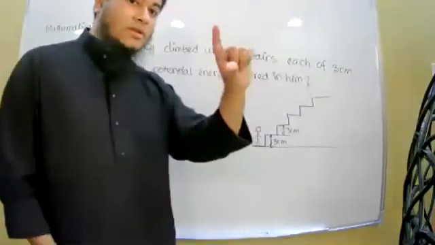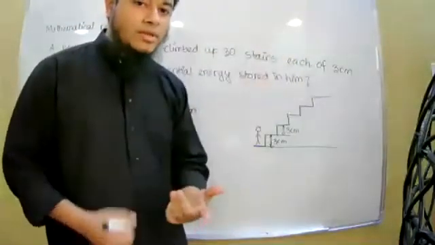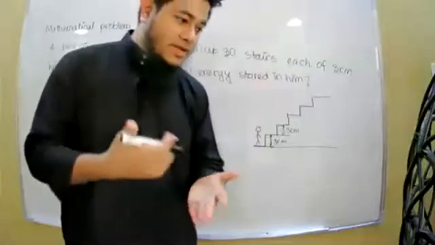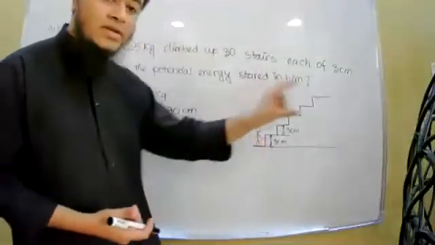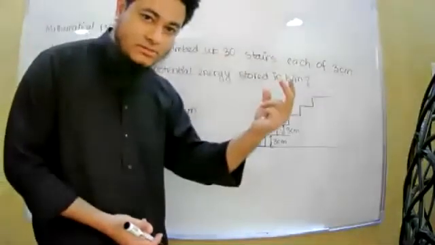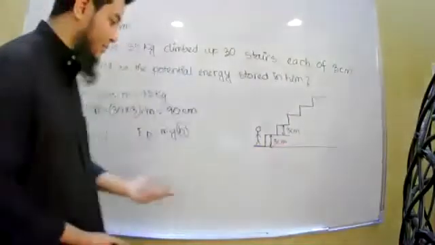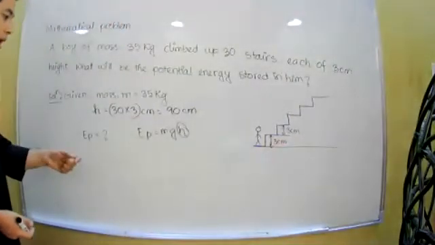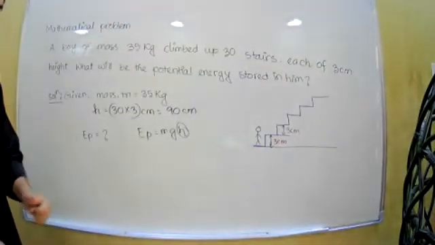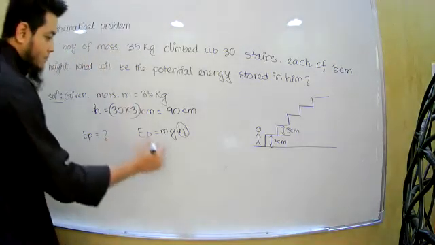So when he will rise total 30 stairs like this, what will happen? He will have raised himself to a height of 30 into 3 centimeter, right? Okay, for one step 3 centimeter, so for 30 steps, 30 into 3 centimeter, 30 times, right? So now you have to be a little bit careful, because many students will do this: